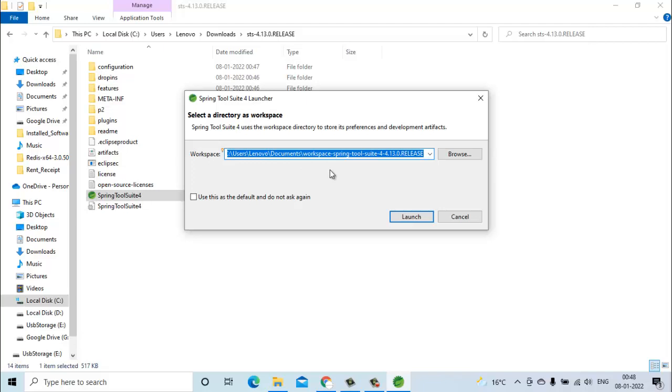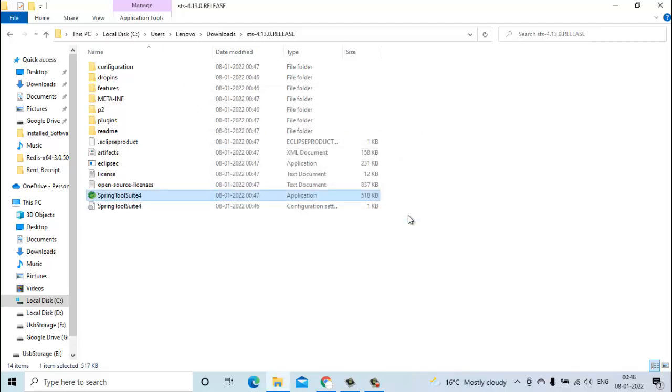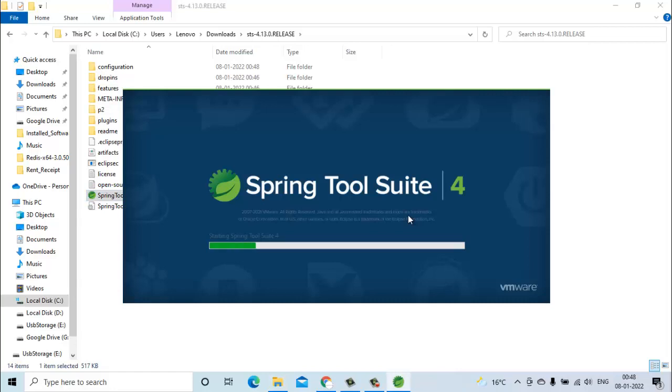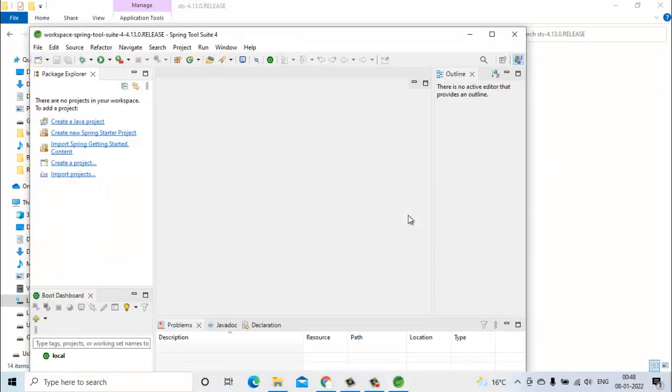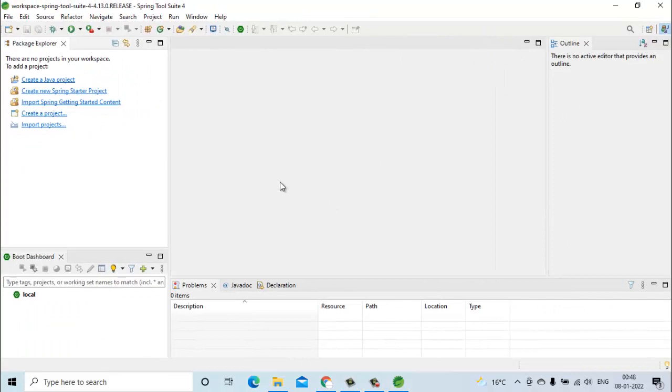For now let's keep it as the default one and launch it. Our Spring Tool Suite has started, and now we can use it to create our Java or Spring Boot